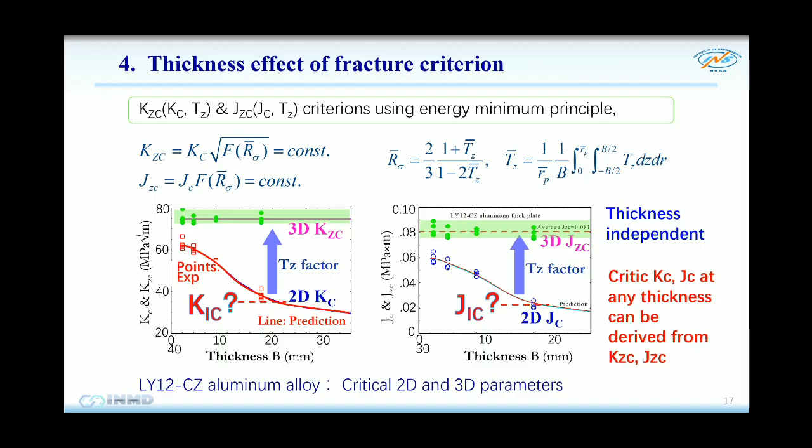And we show here, this is a simply defined KC critical, and this GC changes with the thickness, you see about 3 times. But using this example, it's very simple, concise TZ, like this way, we have the stable and thickness-independent value of material toughness in both linear and plastic deformation solid.